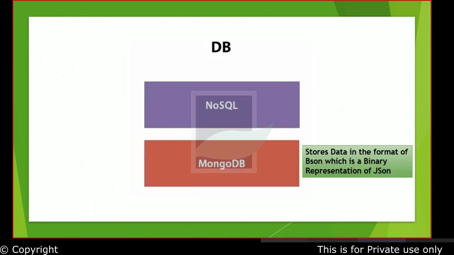That's pretty much about your Express and your Node.js. Coming to the DB, there is a very famous DB schema which is pretty extensively used out there, which is your NoSQL DB. One of the famous NoSQL DBs is MongoDB. Is this the only one? No, there are multiple NoSQL DBs out there, and this is definitely the most famous, most aggressively used across applications. And what does it do? It stores data in terms of BSON, which is a binary format of your JSON.